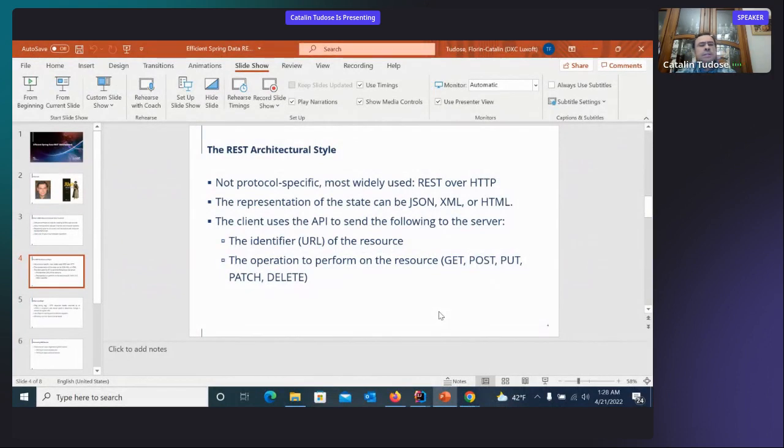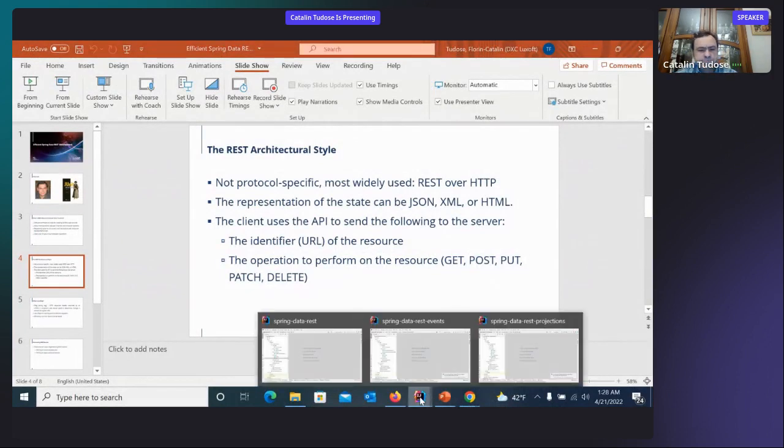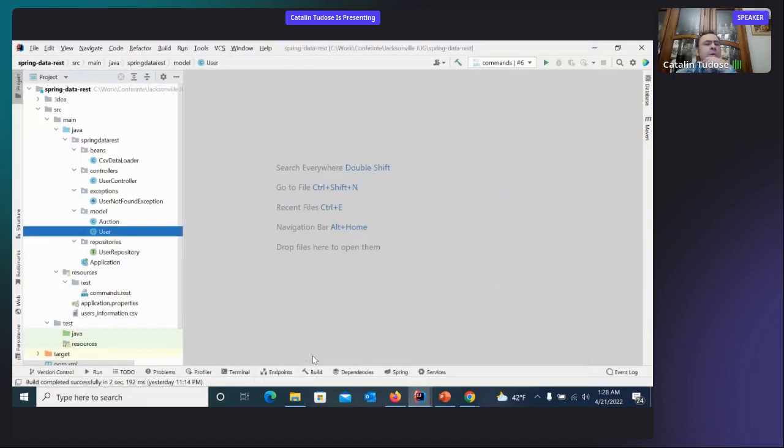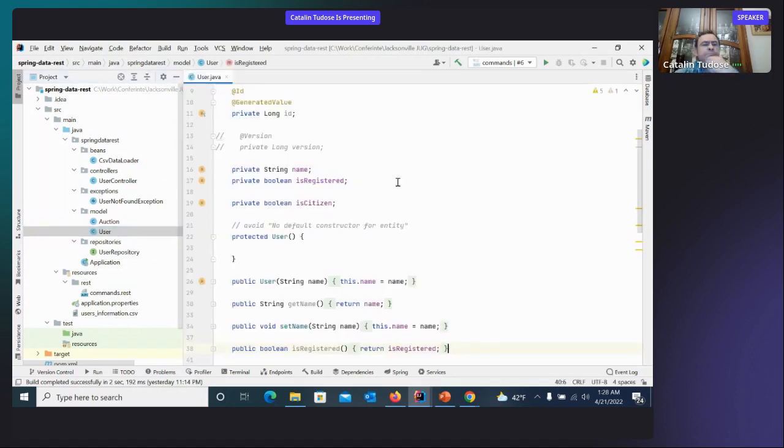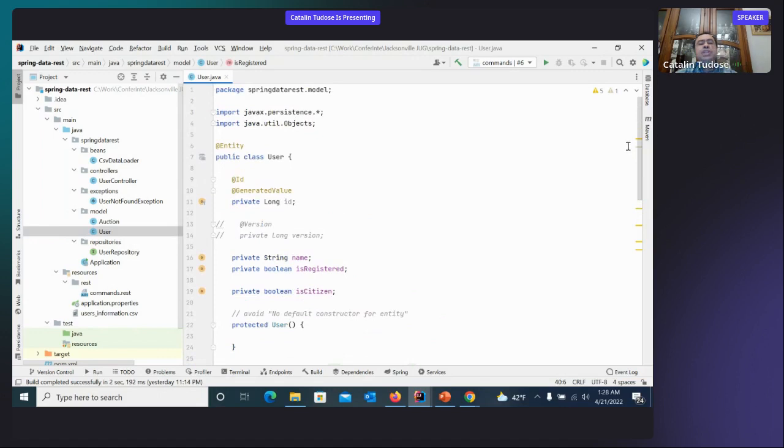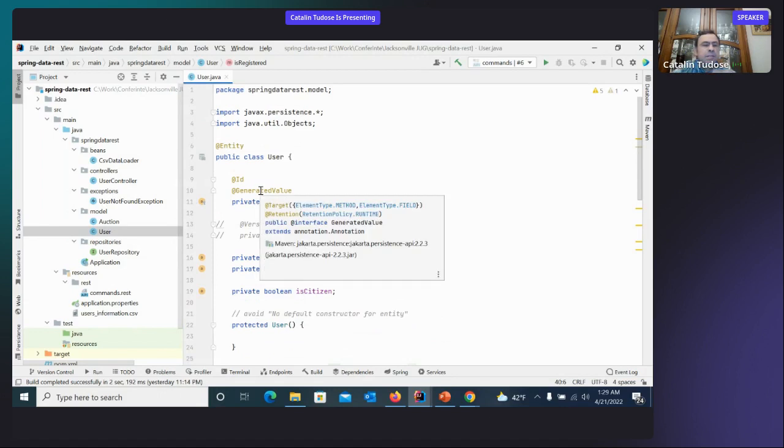We'll spend a lot of time with code. And I'm going to introduce now an application that will serve as our driver, as our vehicle for making demonstrations and for examining how we can make things more efficient. We are here managing users that come as an auction. And we say we have